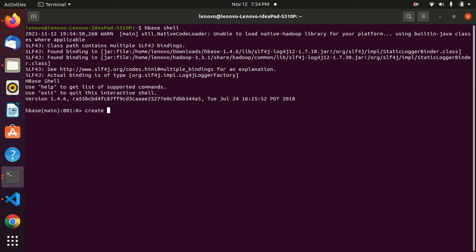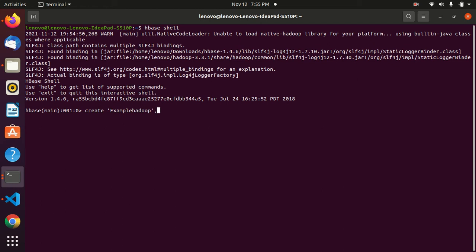Create table, name we will give as example. Okay, let's give example_hadoop.